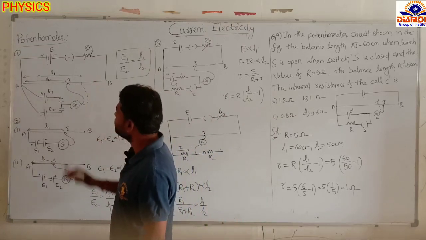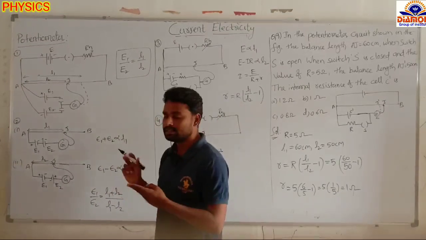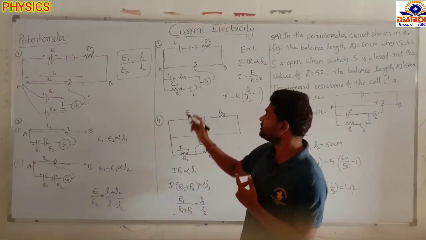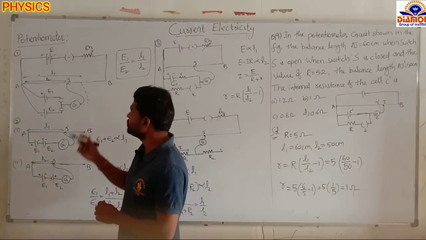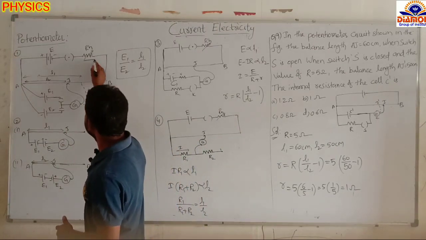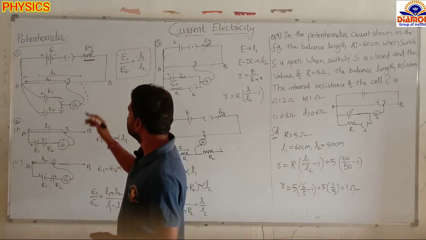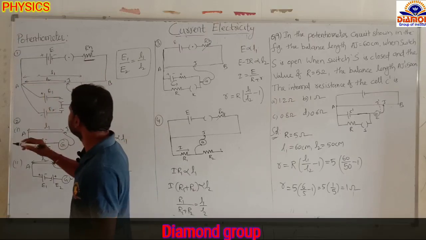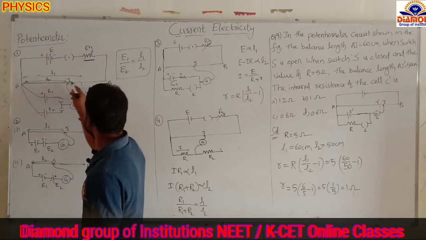Okay, see now, by using the potentiometer we can compare the EMF of two cells. We can find the internal resistance of a cell and we can compare resistances. All this we can do by using the potentiometer. First, see now, in the potentiometer this is the rheostat, a variable resistor. The function of this rheostat is to adjust the potential difference across the wire. This is the supply we are giving. A to B is the length of the wire.